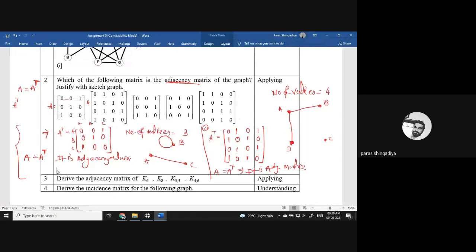Now do it for the second vertex. B to A is connected, that we already created as one edge, and the next connection is at the third column, so it means B to C. Clear? And then for the third vertex, C to B is already connected, and C to D, that will connect C and D. Clear? And last one, D to A is already connected and D to C is already connected. So this is the graph of this matrix. Is it clear?